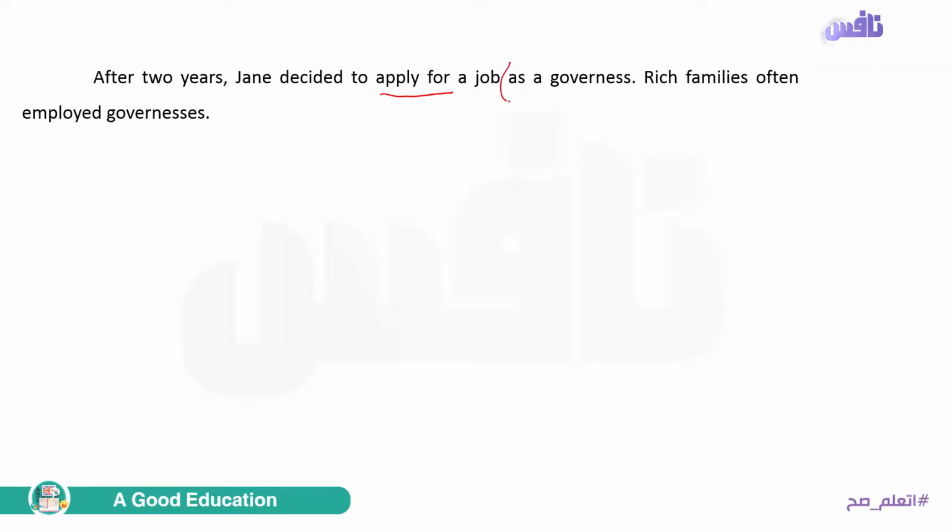As بيجي بعدها الوظيفة real job اللي انت بتشتغلها. I work as a teacher, so I am a teacher. لكن if you are a teacher, if you are a doctor, and you work like a clown, بتشتغل كالمهرج أو يعني طريقتك في العمل تشبه طريقة المهرج, so you work like a clown.